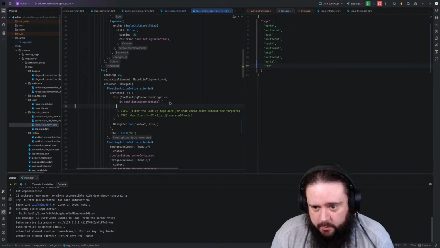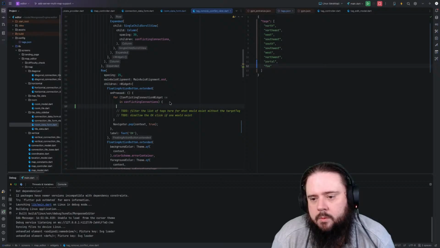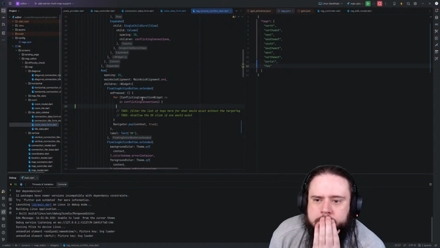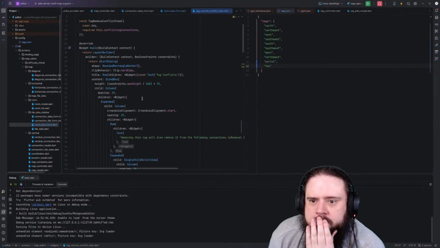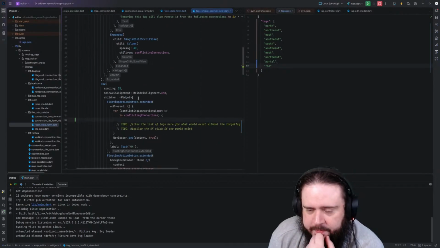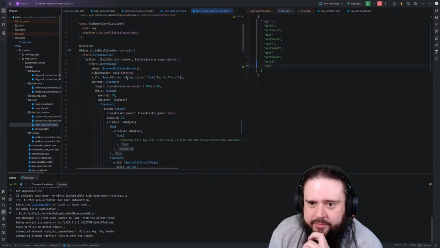Right here. I can't really do it there. But this whole widget can have